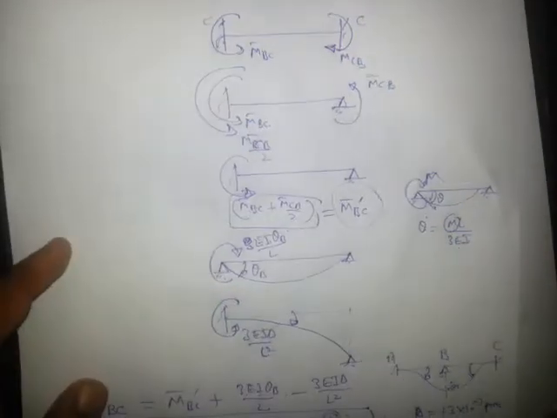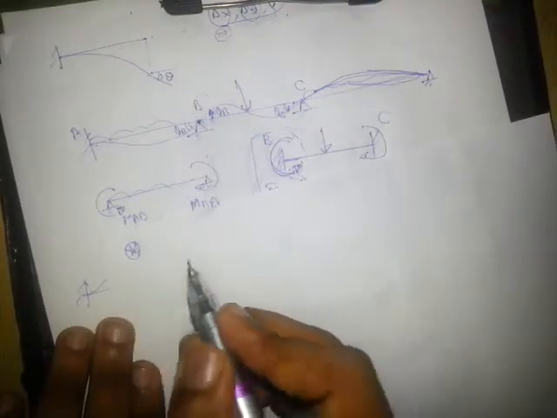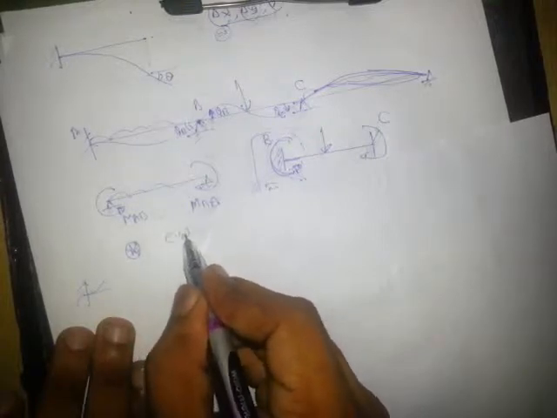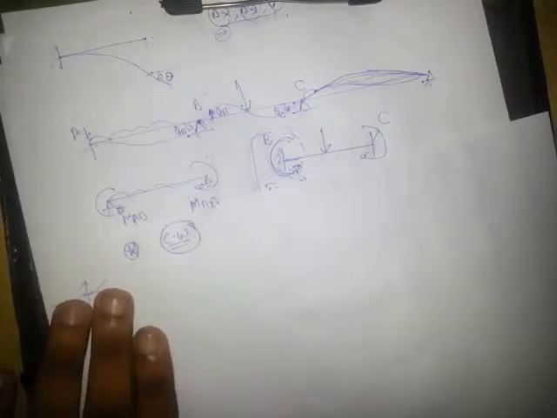Now what I am going to discuss is the proof of the slope deflection equation. So what will be our aim for the given structure? Look, we always assume all the end moments clockwise. If the answer comes negative, we can say that it is anti-clockwise, otherwise it will be clockwise, right?